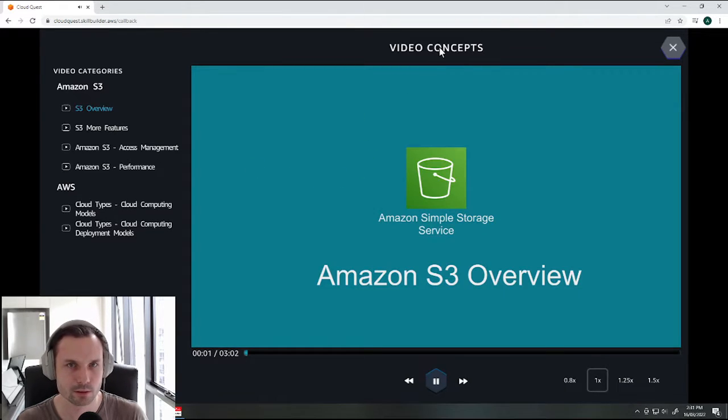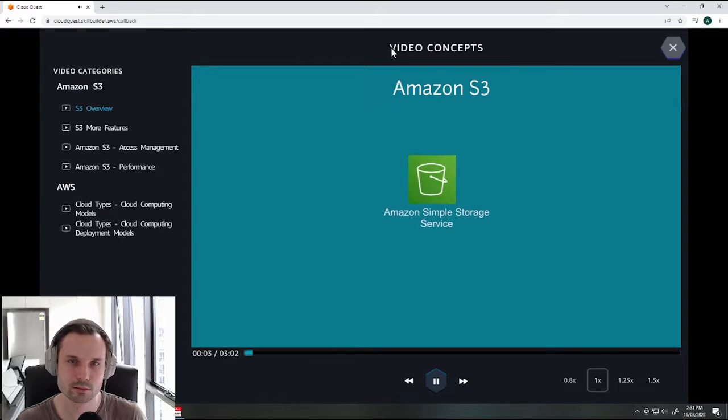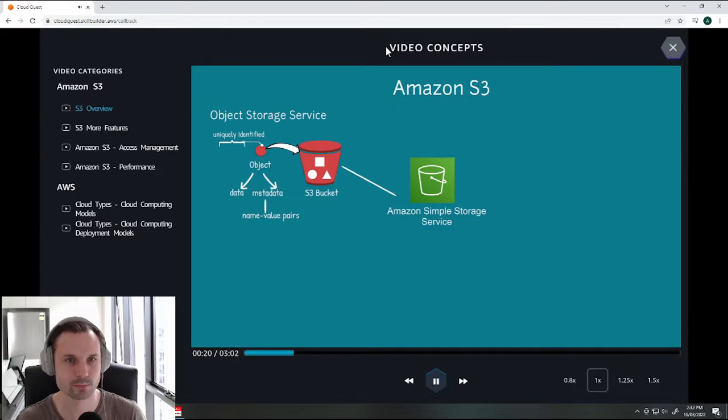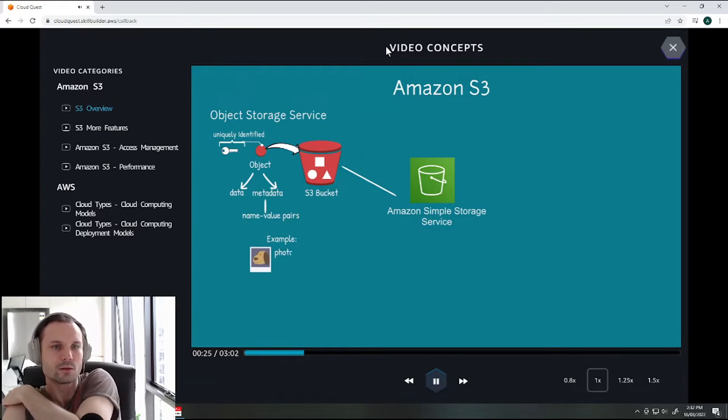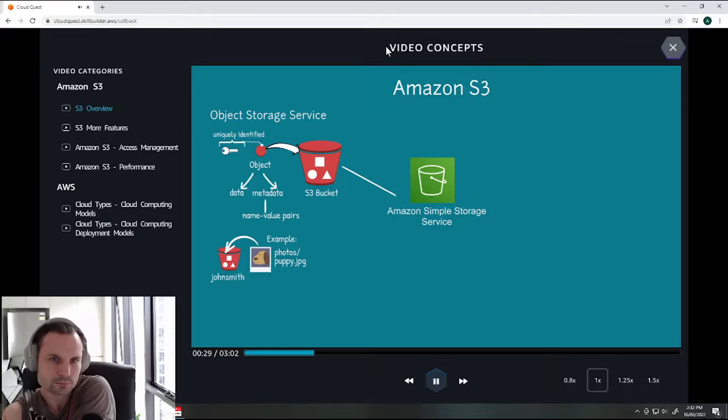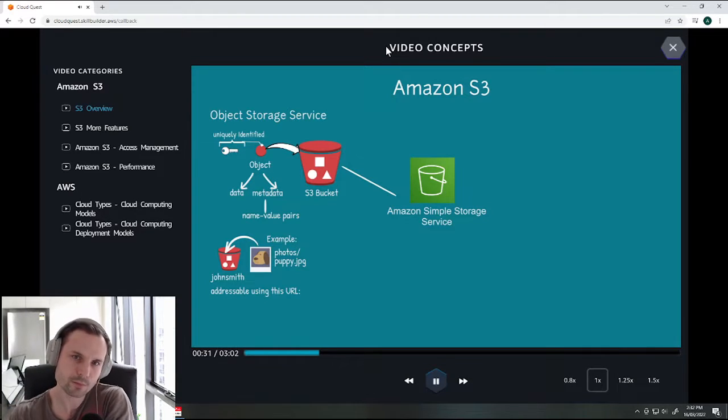Amazon S3 overview. Alright. Amazon Simple Storage Service. Amazon S3 is an object storage service. An object consists of data and metadata. The metadata is a set of name-value pairs that describe the object. Buckets are containers for objects stored in S3. An object is uniquely identified within a bucket by a key. The object named photo/puppy.jpg is stored in the John Smith bucket, and it is addressable using this URL: